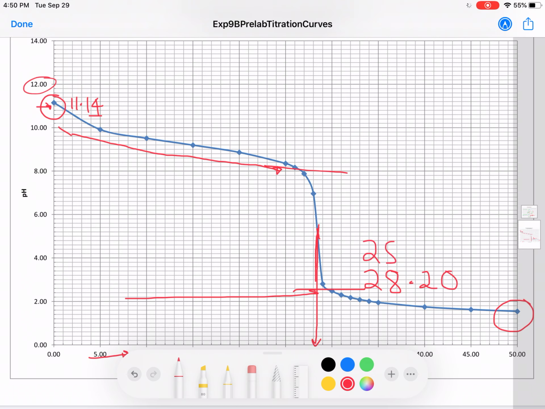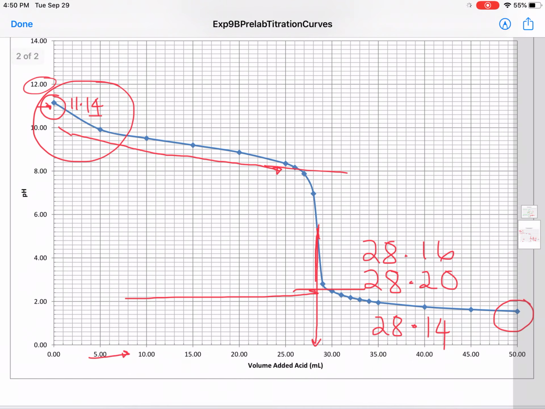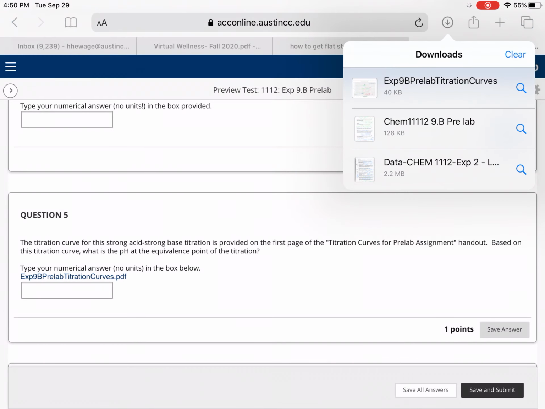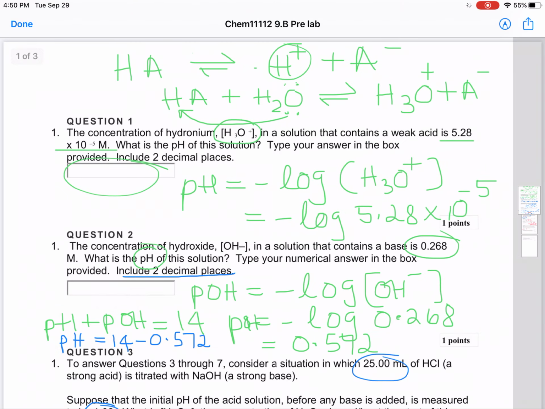28.20, or it could be 28.16 or 28.14, some number that you would estimate by drawing a straight line from the midpoint to the x-axis. You will find the volume of nitric acid added to reach the equivalence point. Okay, and here is the initial pH, and you will estimate the volume of nitric acid added to reach the end point. Okay,